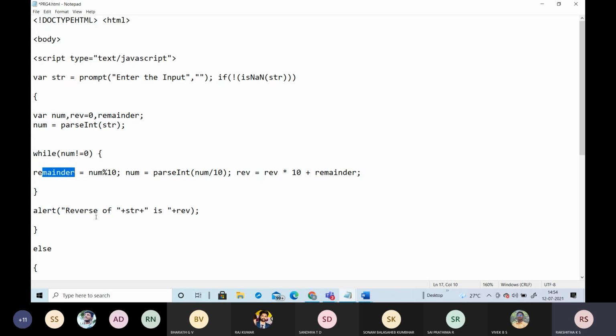Then the output is given as the reverse of that value, like the reverse of 121.